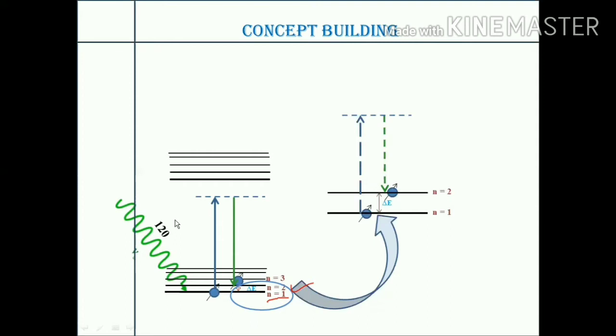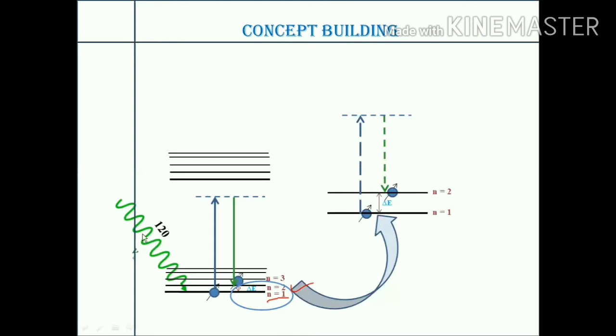So if I change this initial value of energy to 100, that will have no effect on the value of delta E. Okay, so delta E will remain constant for any particular molecule we are talking about. We are not talking about different molecules, we are talking of one same molecule. So even if we change the energy of the laser beam, that will not at all affect the value of delta E. It will have no change in the value of delta E.